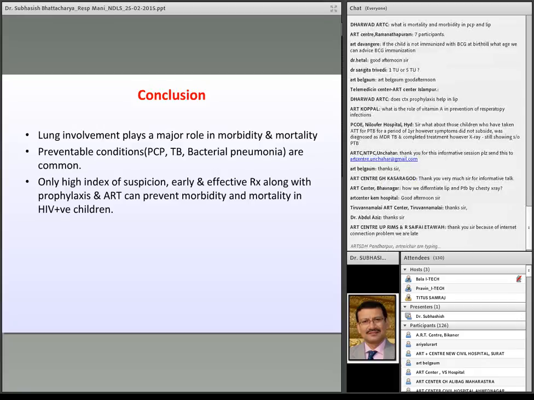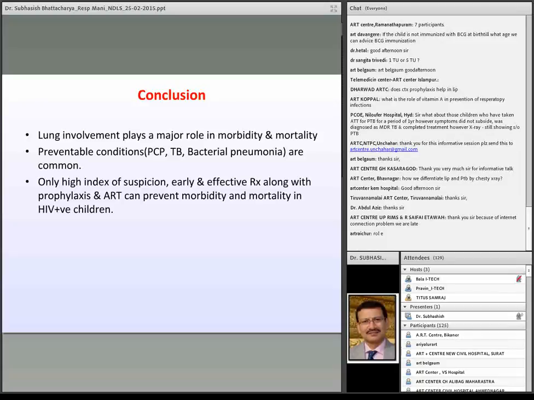One question was that the child had taken anti-tubercular therapy for PTB for a period of 1 year. However, the symptoms did not subside and the child was diagnosed with MDR TB and completed treatment. However, the X-ray is still showing PTB. So probably that MDR TB did not respond well. So all such cases with MDR tuberculosis, I have mentioned in my slide, then